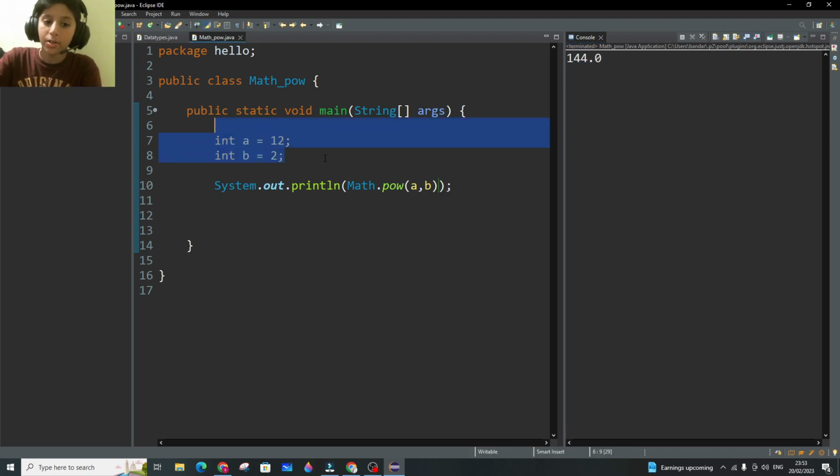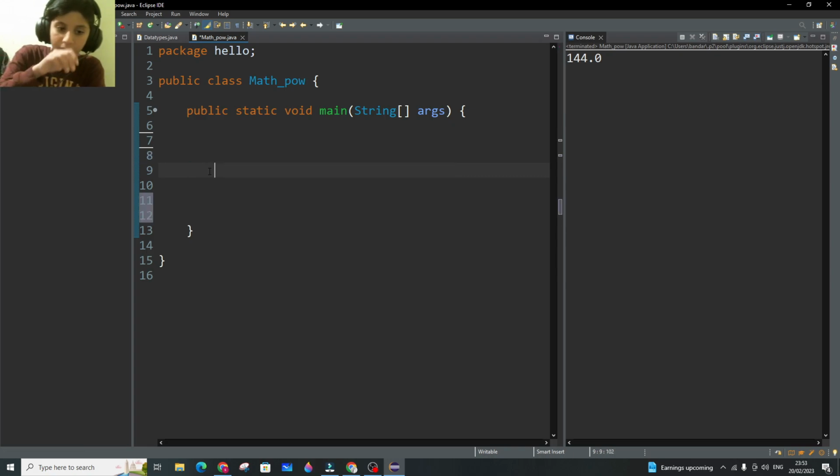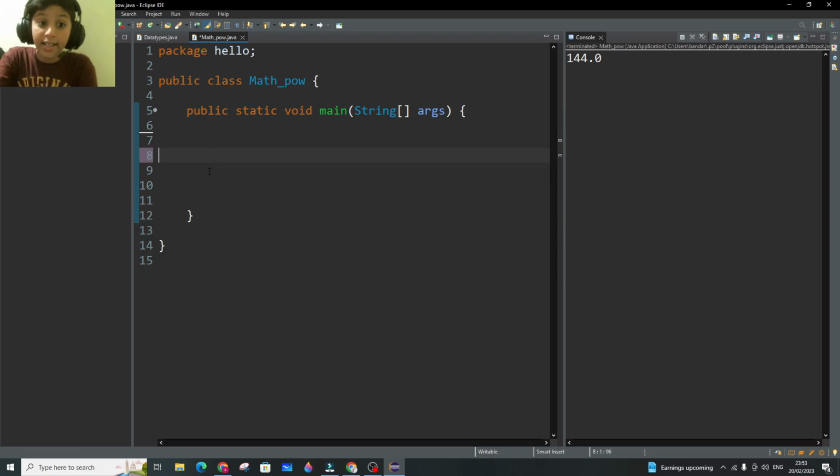And also you can write this exact same code, or Math.pow method, by using another way. So I will just simply delete this int a and all of that stuff, and also this one. Okay, now there's another way to write this Math.pow method, which is simply by using